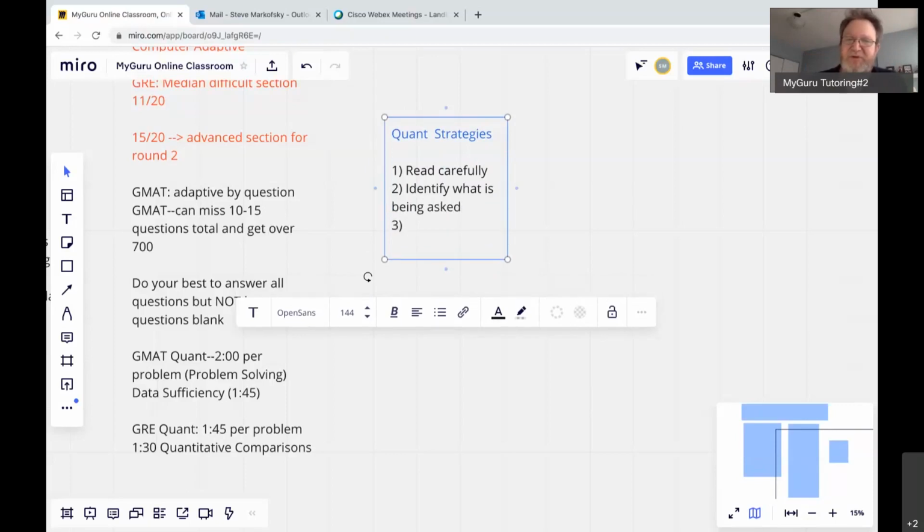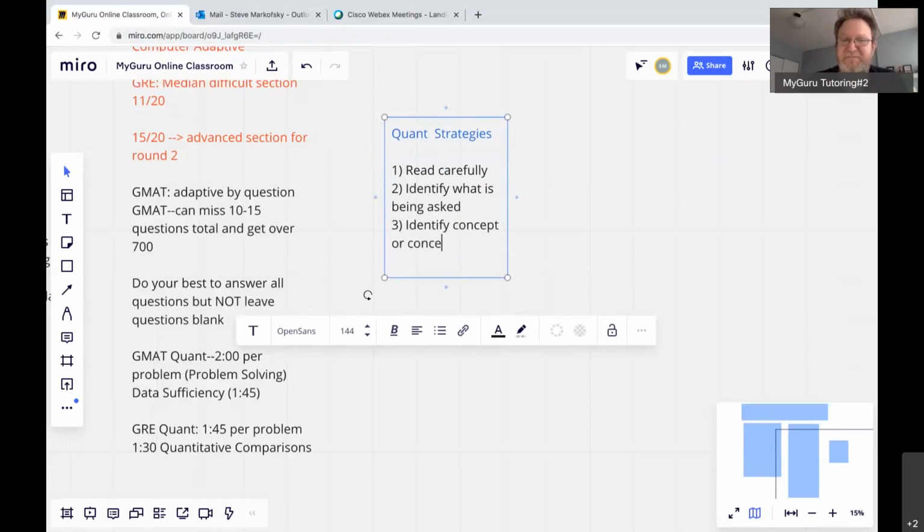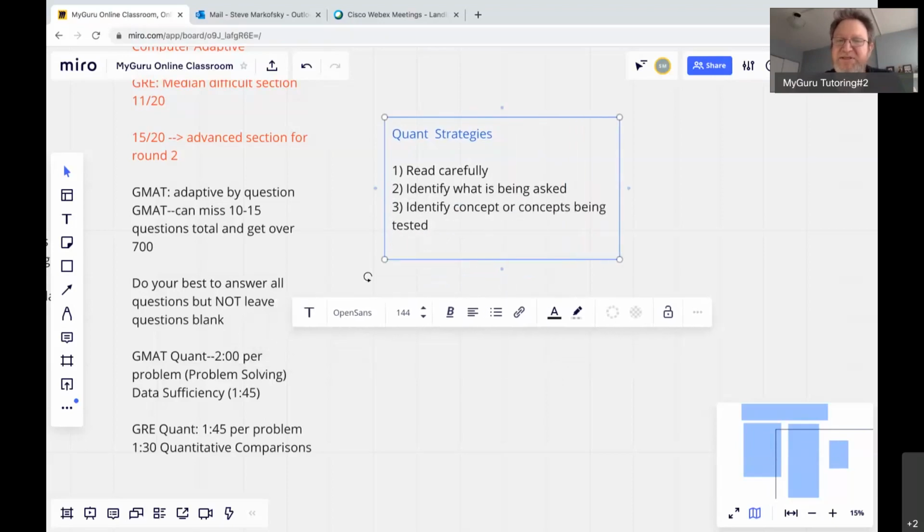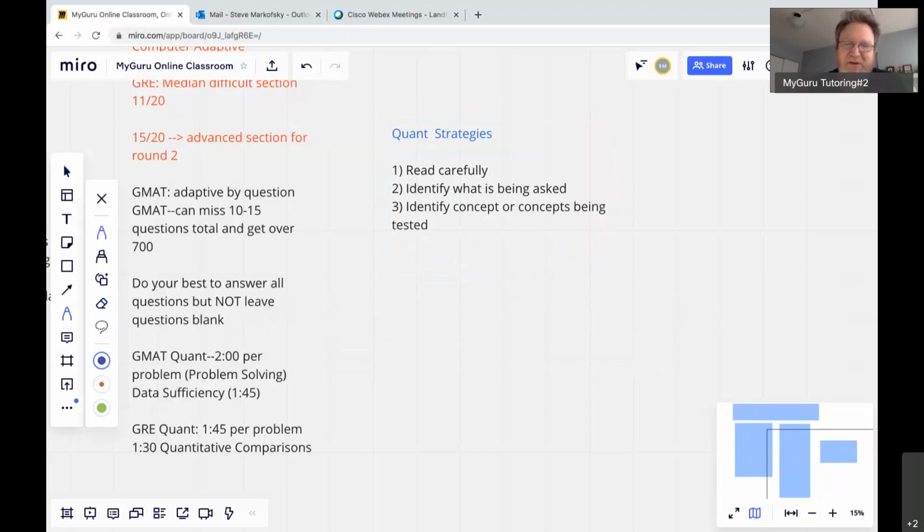Now, here's an important one. Three, identify the concepts. What are the concept or concepts being tested? Now, this is important because, like I was saying at the very beginning, you want to be able to think like the people who write these things. You want to know what they're actually testing you on. So if you've got a question that's something to this effect,